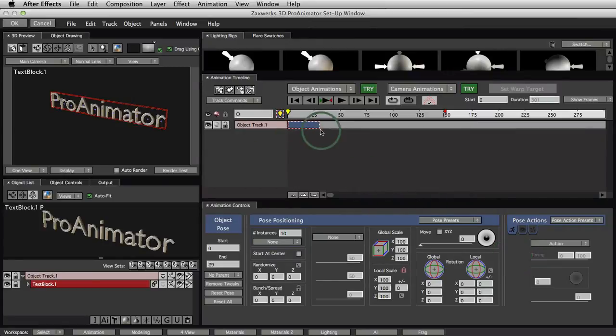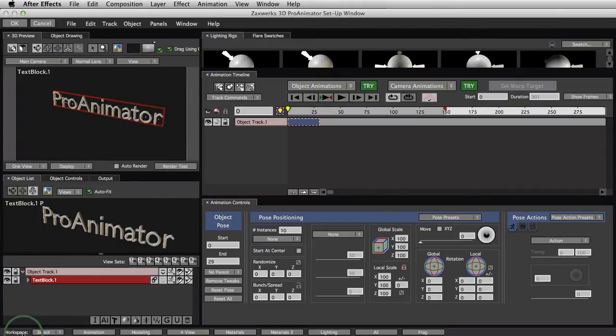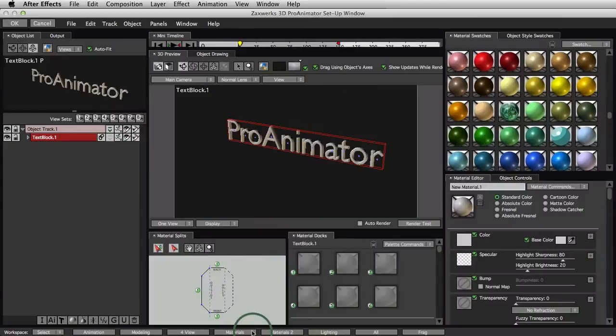All we're looking at is the timeline and the 3D window over here, with the one exception of the workspace buttons, because the first thing we're going to do to these objects after we've created them is to color them. So if we go down to workspace and come over here to materials, that's the 3D word for coloring. So you go to the material section, and then you've got material swatches if you want to apply individual materials, and you just drag and drop them onto the letters, and they all change color just like this.